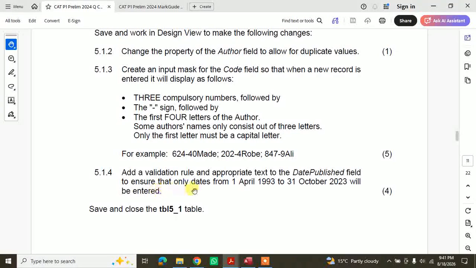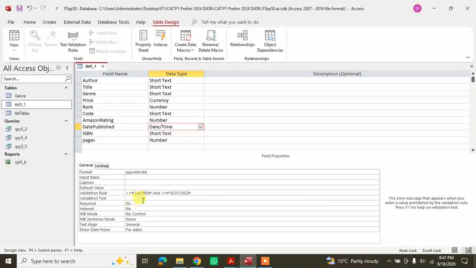Okay, they didn't ask for a validation, they did, an appropriate validation text. So you need to say something with regard to this. You have to be accurate. So only enter dates between 1 April 1993 and 31